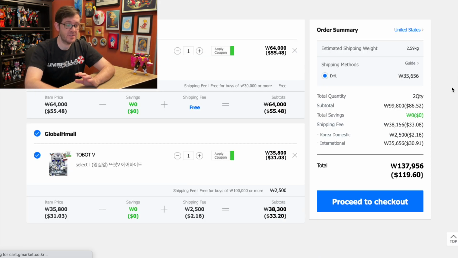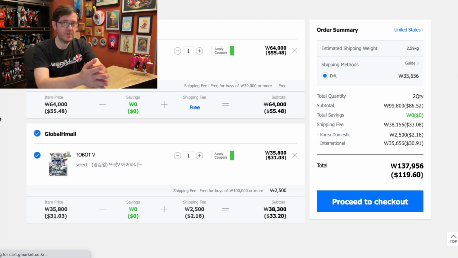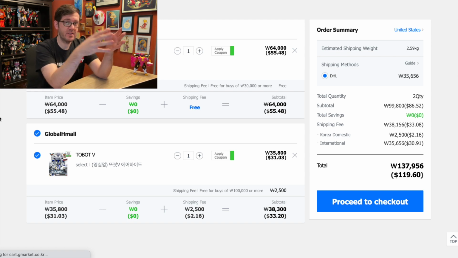Now the way the rest of these listings break down, we can see they're coming from 2 different stores, though technically I think they're the same store. It's Global HMall, Global HMall 2. What'll happen is each store will send the items domestically to GMarket's kind of centralized shipping center. From there, GMarket will